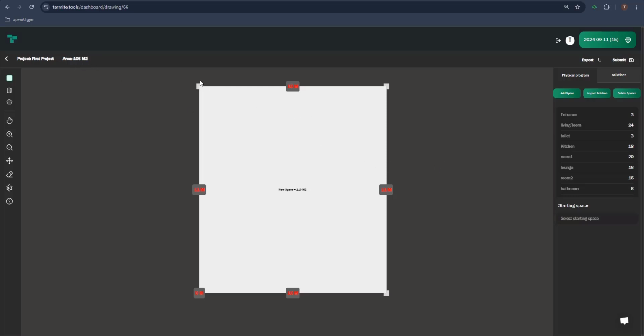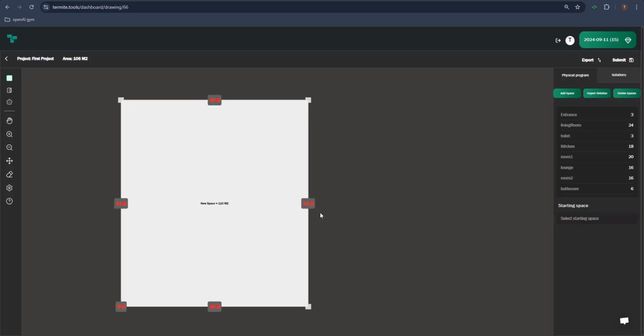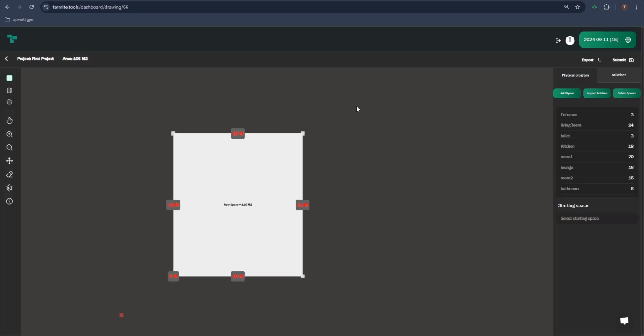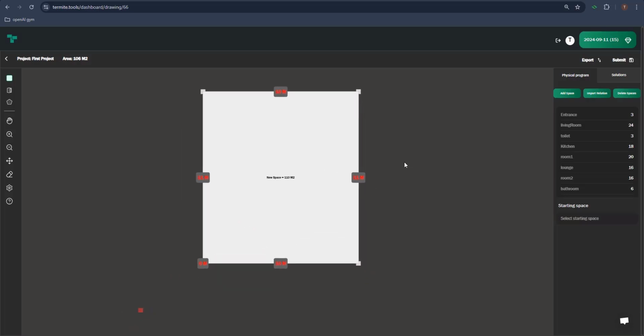If you want to have a specific boundary and ask Termite to just fill it inside, you can have exactly the same area. But if you have a parcel or boundary where you don't specify any exact limitation for Termite to fill it inside, and you want to give it freedom, you can go for more than the area that you need, and then Termite explores it to a higher degree and explores more variations for you. Yeah, and that's the basic